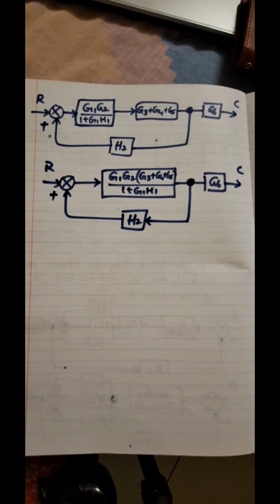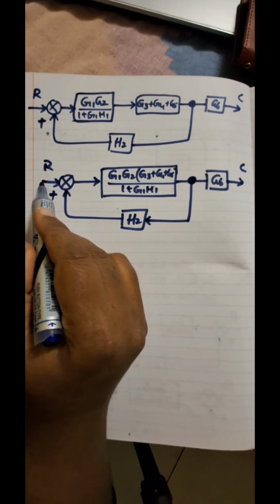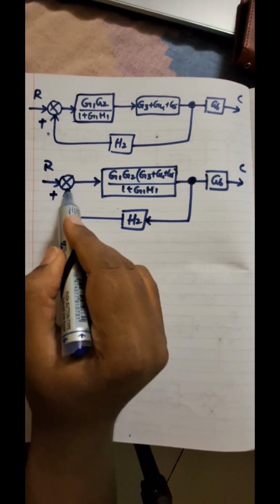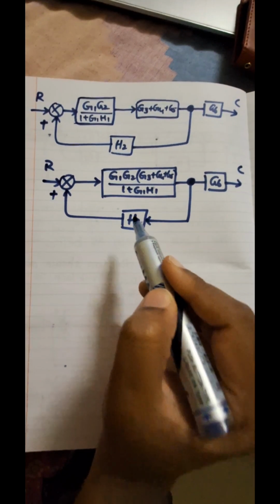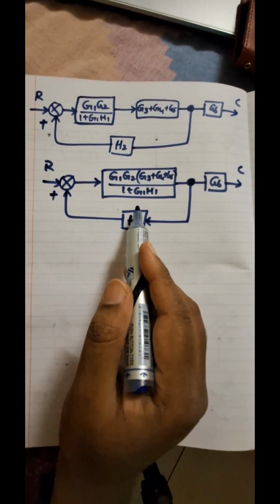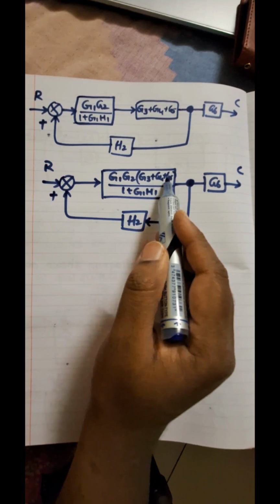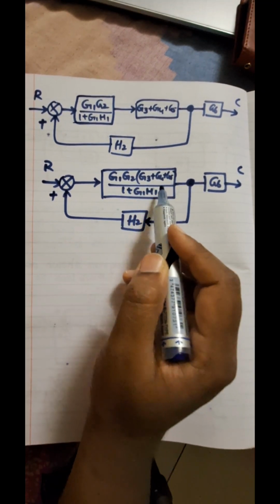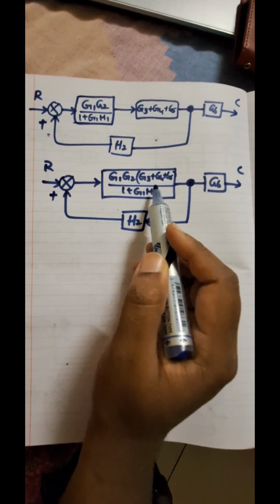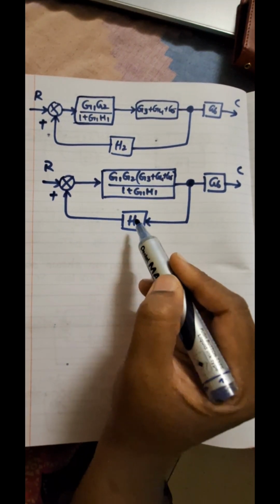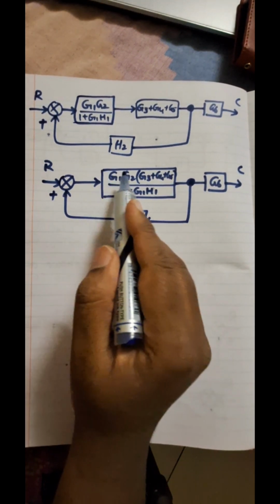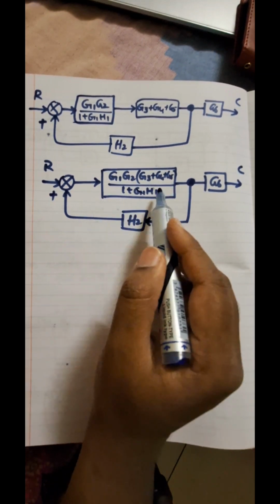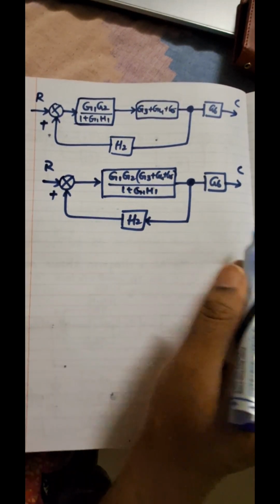Now, done. Now let's start from this summation. So when you're going like this, yes, there is a feedback. So this block is in feedback loop with this block. So now you will write for the above block diagram, G1 G2 into G3 plus G4 plus G5 by 1 plus G1 H1 is in feedback loop with H2. Hence the reduction block is G1 G2 of G3 plus G4 plus G5 by 1 plus G1 H1 by,